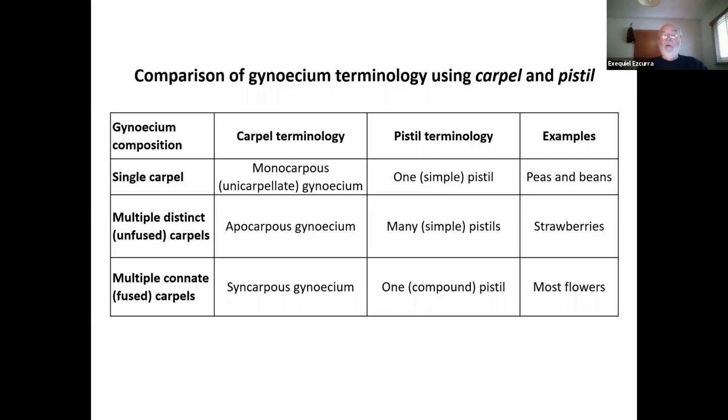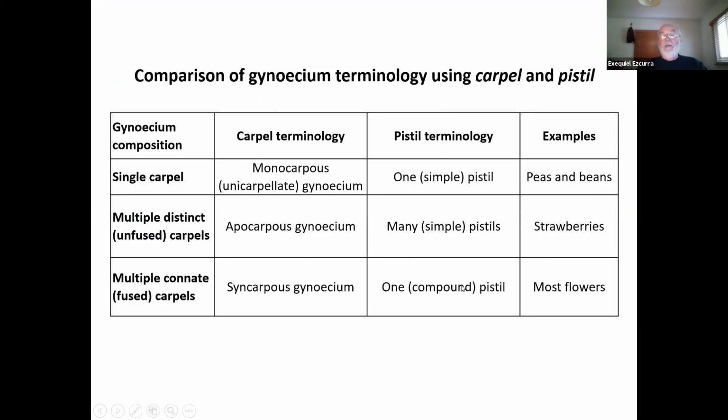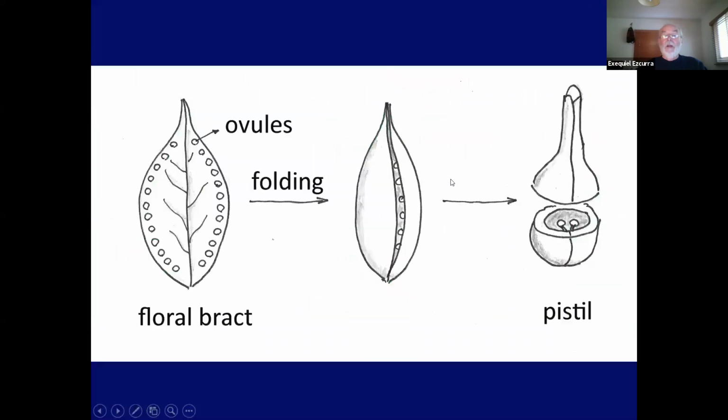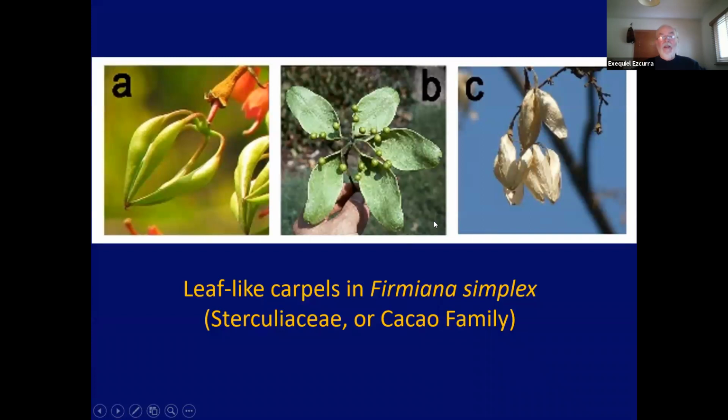So plants can have only one pistil, but the pistil can be formed by many carpels, as in the example here, or plants can have only one pistil formed by only one carpel, as in the example here. So this gives a fairly initially daunting interpretation of the gynoecium of plants. Before we go into the detailed interpretation of it,